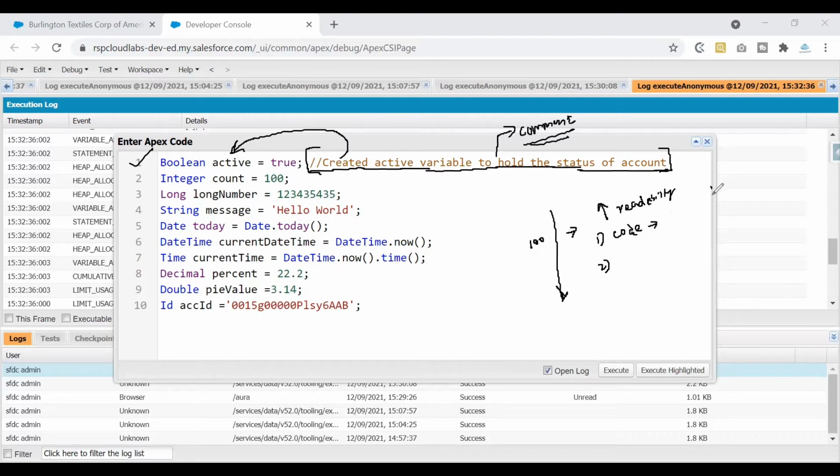So if you already have 100 lines of code, and you are looking at a specific code snippet of 20 lines, you can skip the other 80 lines just by reading the comments that are there and understanding whether it is helpful for you or not. Adding comments would help the readability of the code.